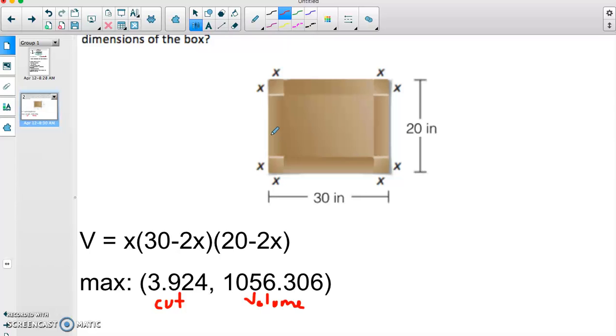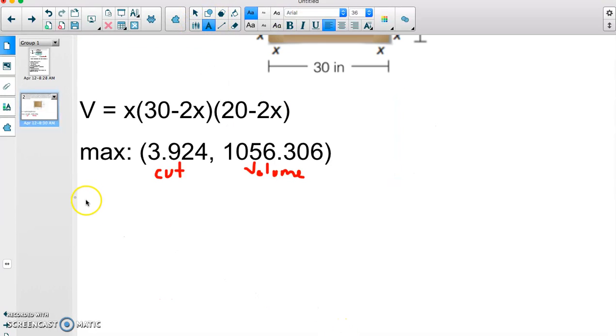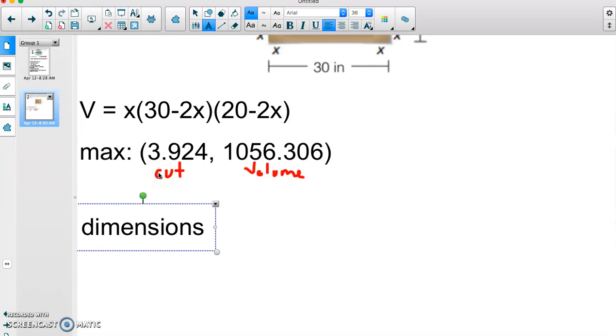I now have to look at the final dimensions of the box. So I know that for the dimensions, I'm just looking at this volume equation and plugging in this x value that we got. So when I plug in x here, that's just my first dimension is 3.924, 3.924, and this is in inches